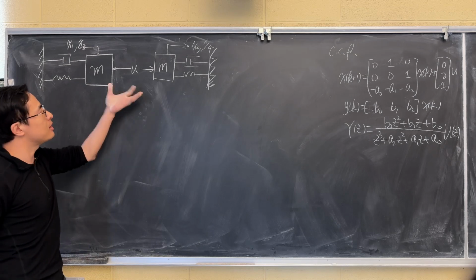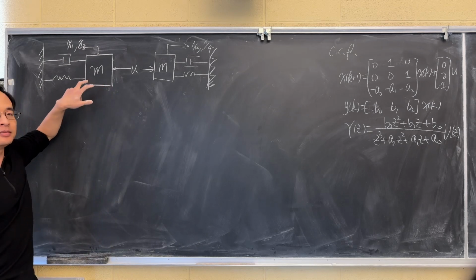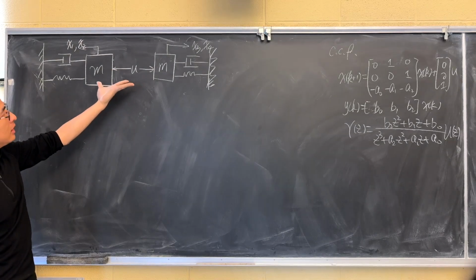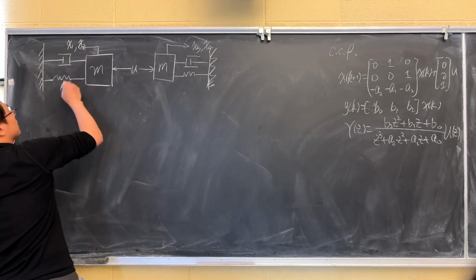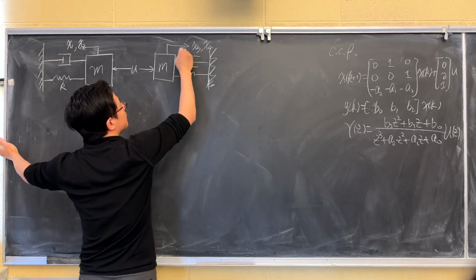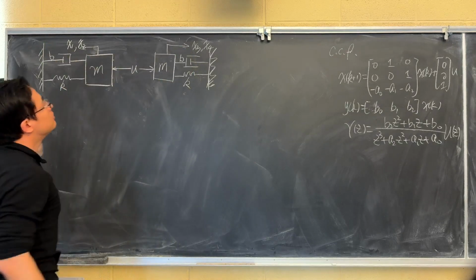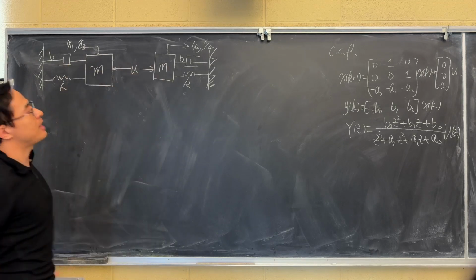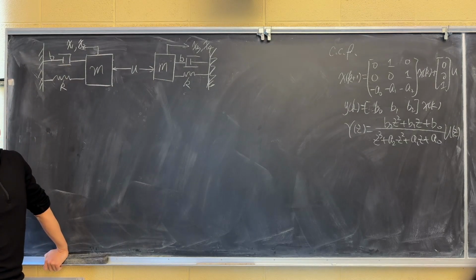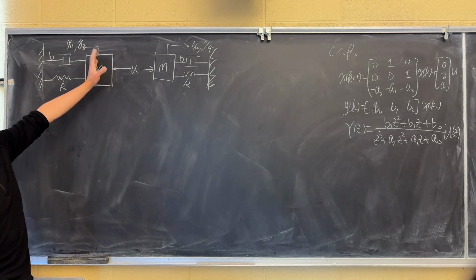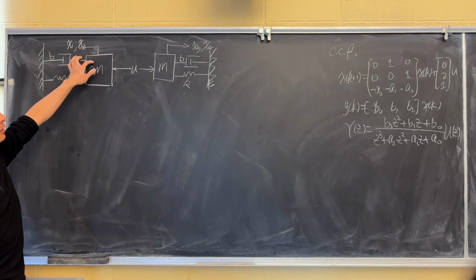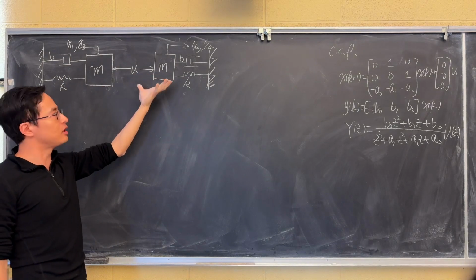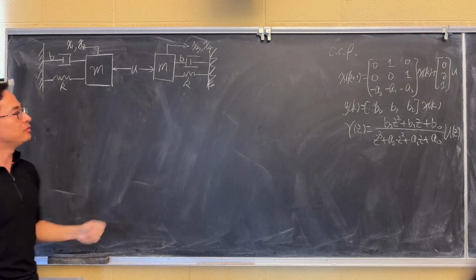Let's look at this example. You have a symmetric design of the mechanism, same mass, and the spring and damping coefficients are all the same. And then I can apply force that's symmetric to both masses. For a single spring mass damper system, it has two states, position and velocity. If I have two masses, then I have two sets of position and velocity. So I have four states in total for this system.